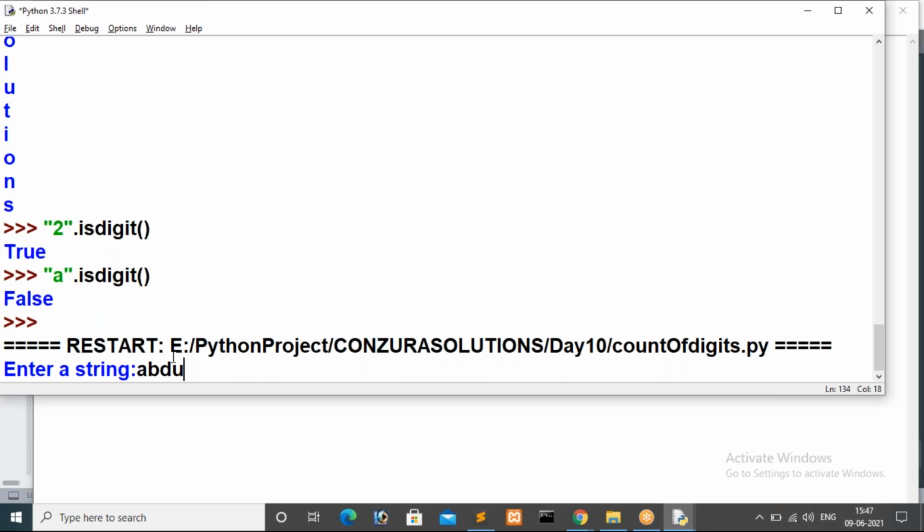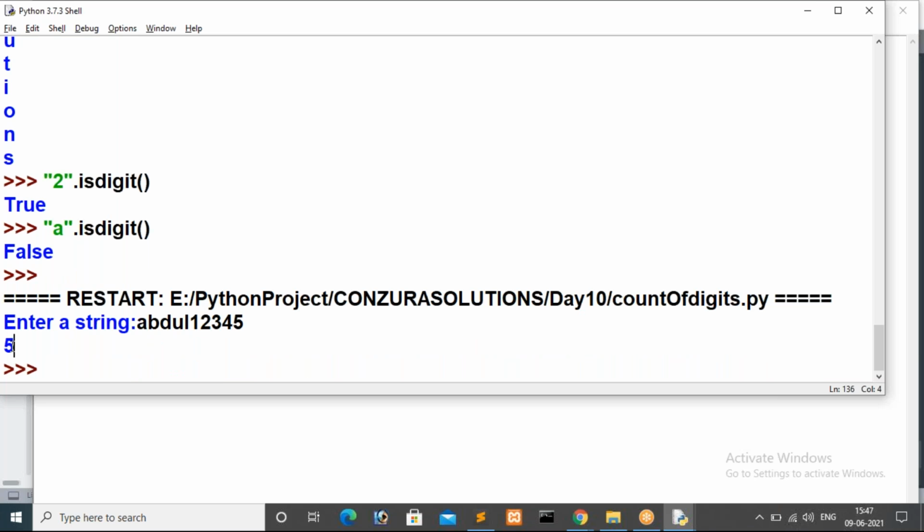I am giving the string Abdul 12345. Now tell me, what is the count of digits in that string? Absolutely, we have 5 digits. That is 5 we have.